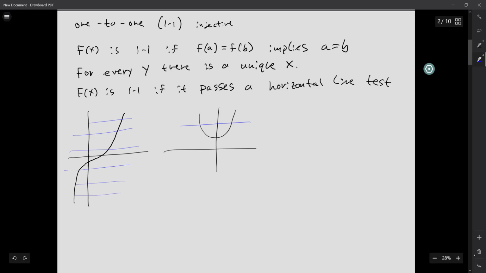Now, why we care about one-to-one is it's a necessary condition for invertibility. So let's do that definition. F of x is invertible